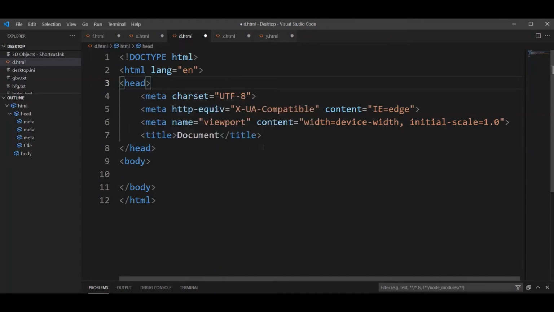And what is the title tag? Already I have told you, friends. What is SEO? I have told you a little information, friends. SEO is search engine optimization technology. It is used for ranking websites on Google. So this is the concept of the meta tag and title tag. And now we will understand, friends, this is the closing head.